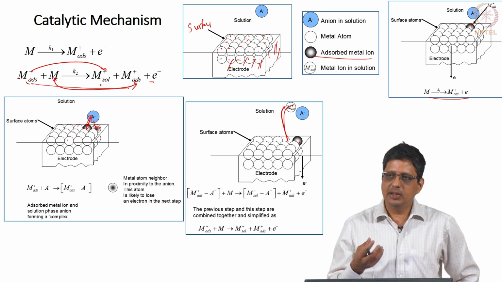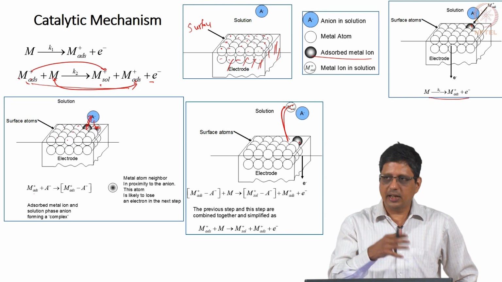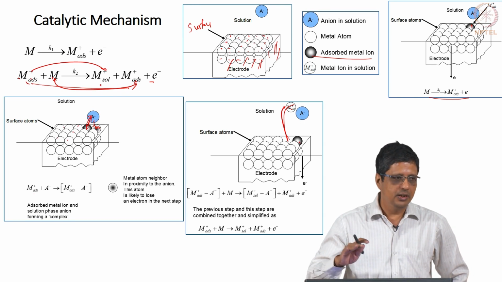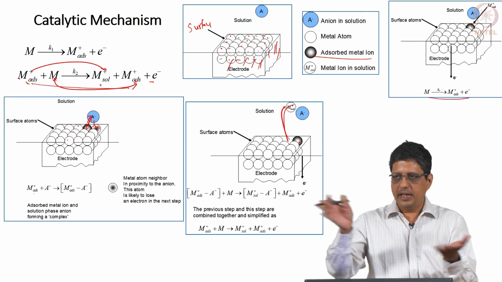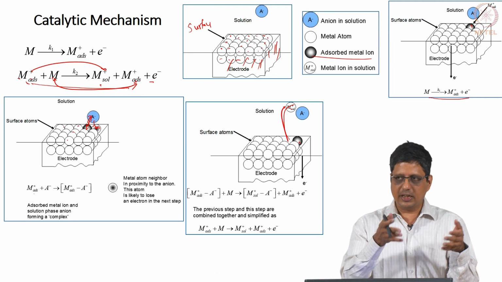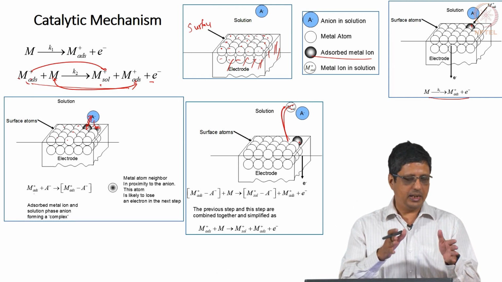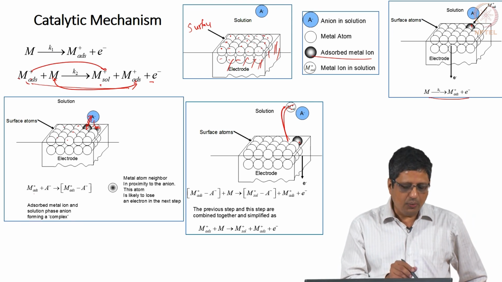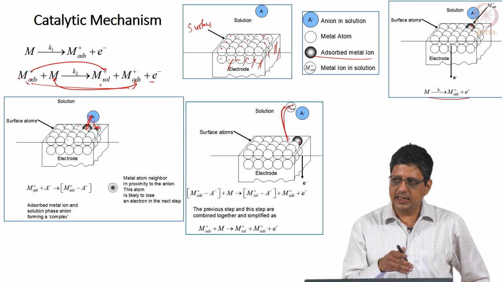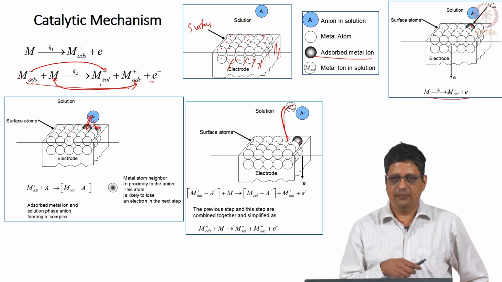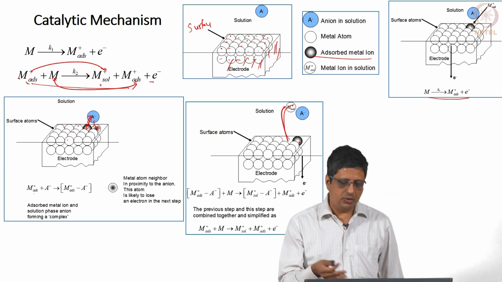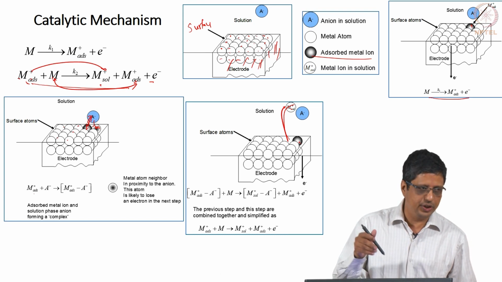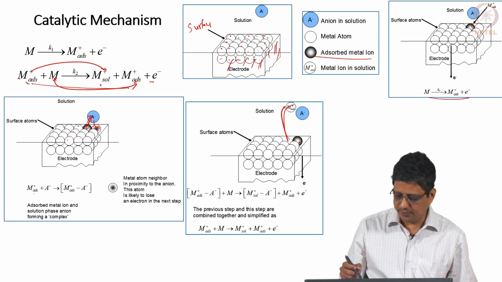So, in chemistry you would normally say catalyst, it will participate in a reaction, but at the end of it, it is not consumed. Of course, catalysts get poisoned, we will ignore all those things. Catalyst is something you put in, reaction happens, of course, it gets involved in the reaction, only then it can make it faster. But at the end of it, it is not like a reactant which gets consumed, it comes back. Likewise, here we are not increasing or decreasing the number of sites, therefore, it is called catalytic. You can also imagine that the anion is catalyzing the reaction in terms of taking the metal into solution and pushing the electron inside this electrode.